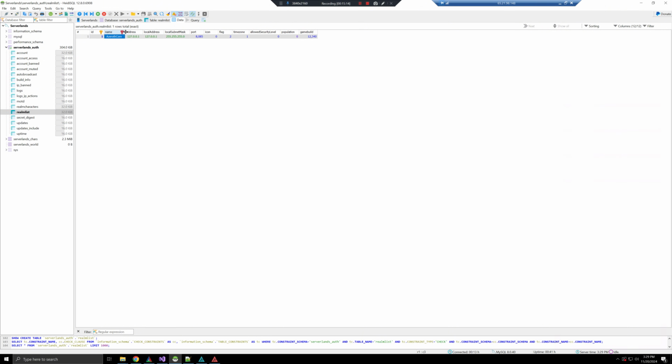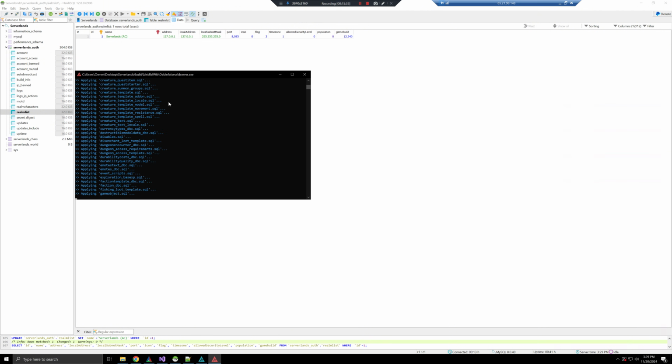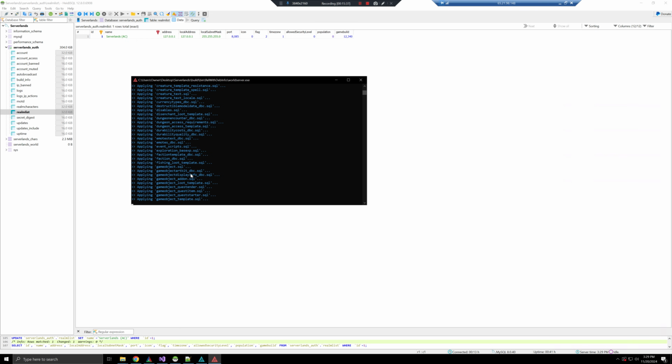So instead of AzerothCore, let's do Serverlands AC, as in AzerothCore. All right, so this is a 3.3.5 version. I'm going to keep it like that by default. It's going to work just fine. And when this is done, we're going to see that it booted everything into memory. It loaded all the data from the database that it needed, and now it can work just fine. We can log in game,